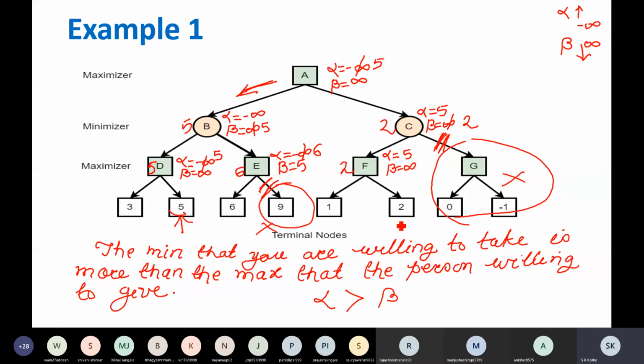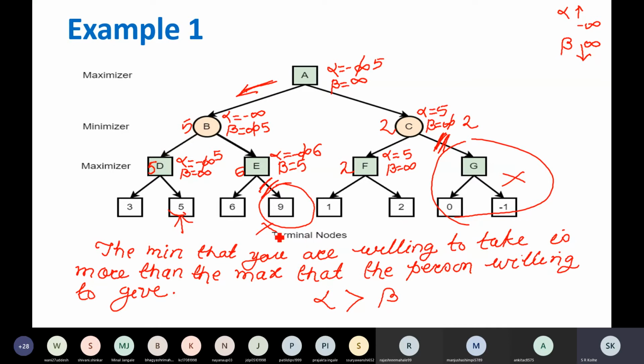Same similar type of situation. So the minimum that I want is more than the maximum that the other person is willing to give. If that is the case, I don't take from that person. So that is the pruning situation.